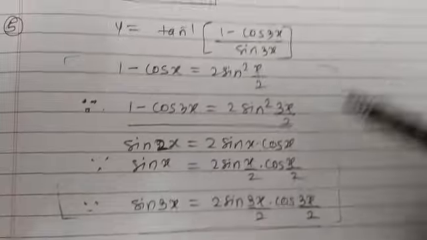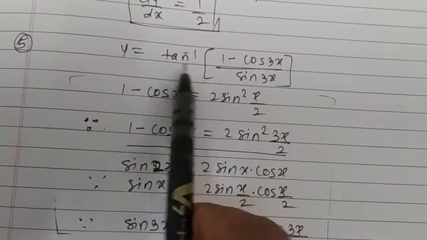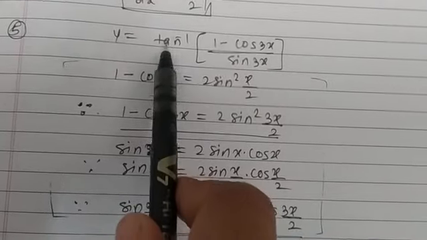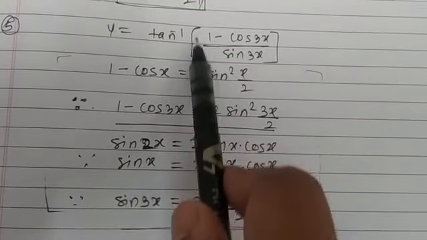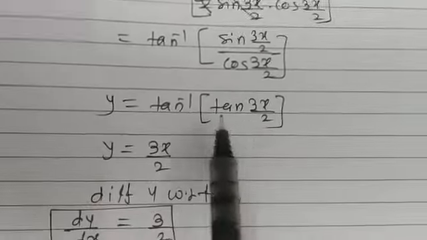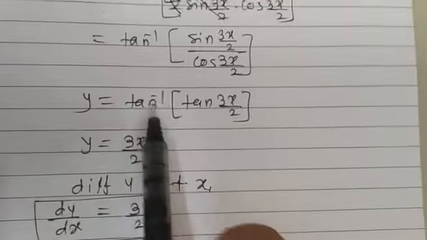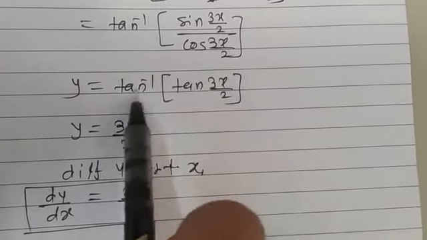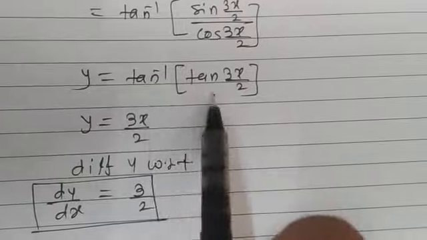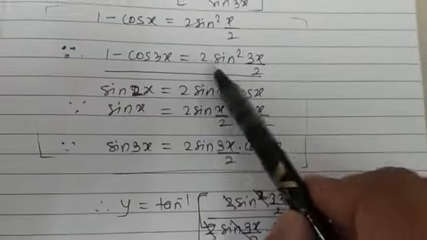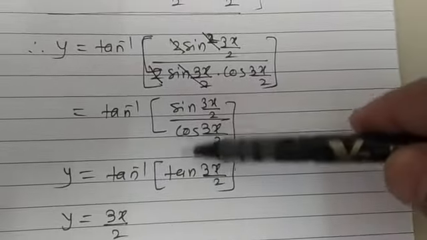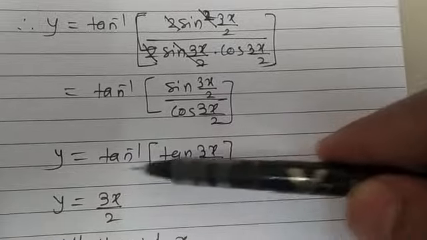So you get the basic idea about why I use all these formulas, because outside of this bracket here is tan inverse. So if I am able to convert this total calculation in terms of tan, then it is easy for me to cancel out these two terms by using basic formulas. Hence we are using this formula, because sin upon cos is tan, and this tan inverse and tan get cancelled. So this is the way how to solve these examples.